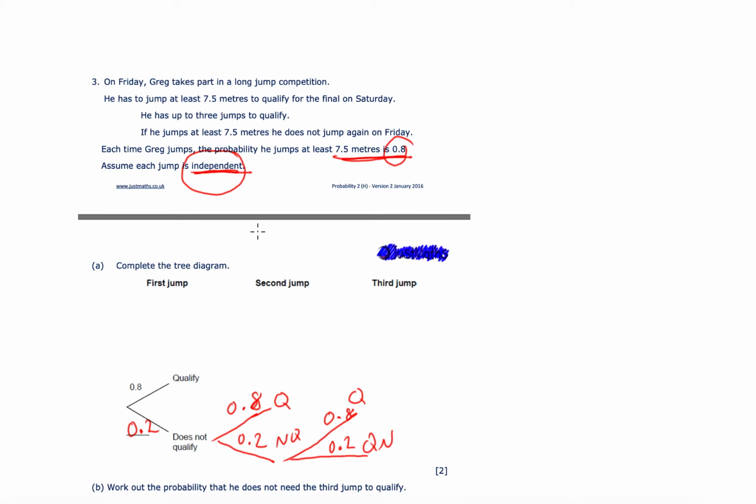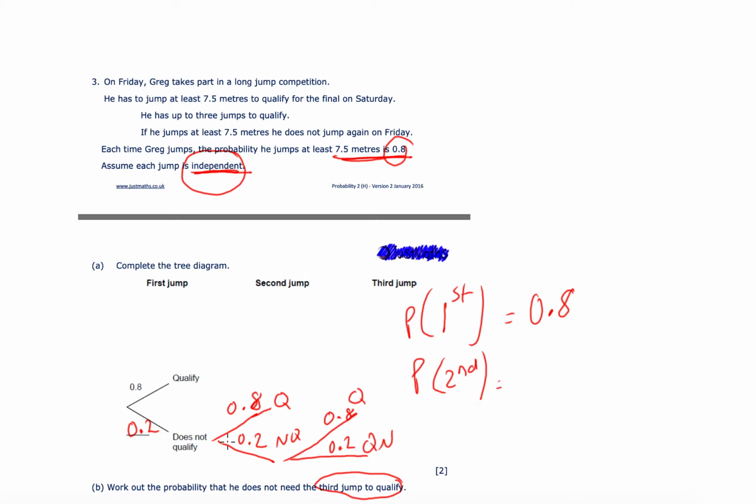Okay, now work out the probability that he does not need the 3rd jump to qualify. So what this means, if he doesn't need to do this jump, it means he qualifies on the first one or the second one. Okay, and notice I said or there. So the probability that he qualifies on the first one, so I'll just put P bracket first, indicates the probability of him qualifying on the first is 0.8. And the probability that he qualifies on the second